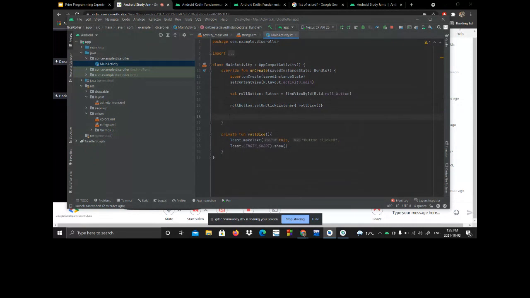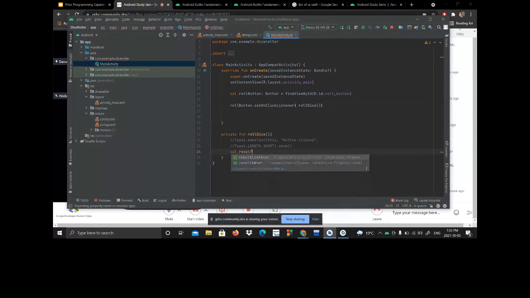Give me one second. Okay, in the roll dice, we'll comment out both lines, and we will create val resultText